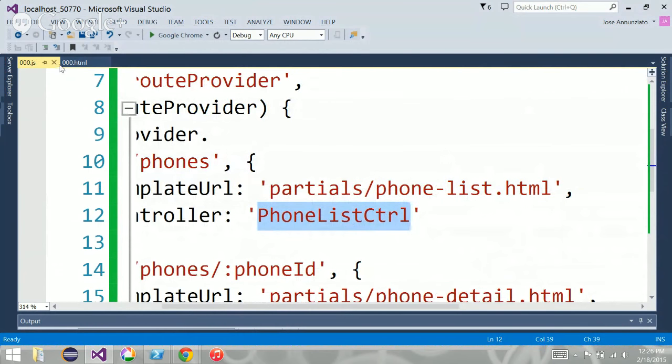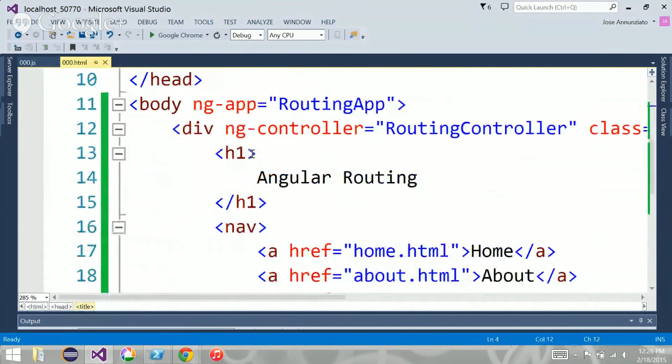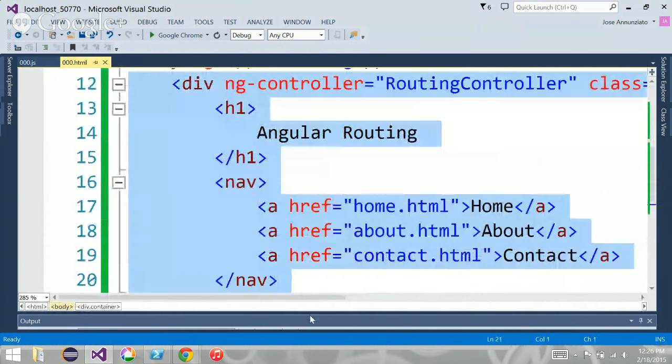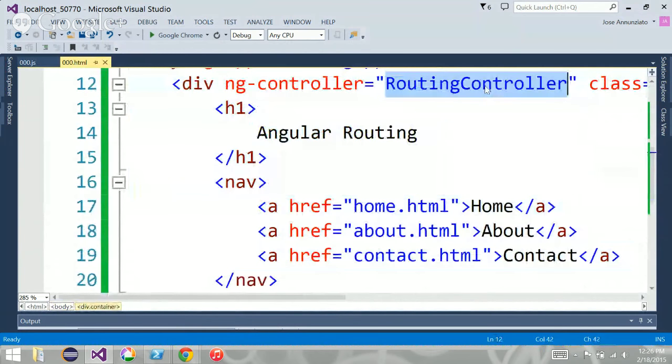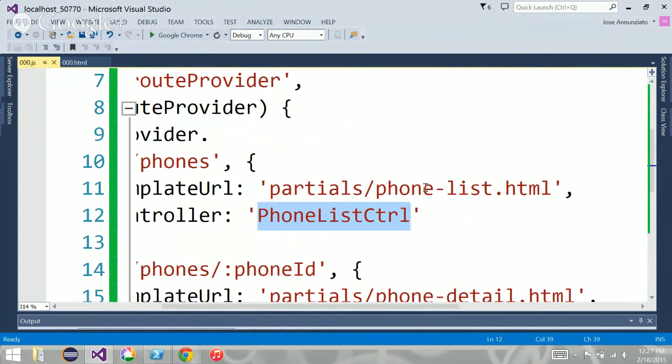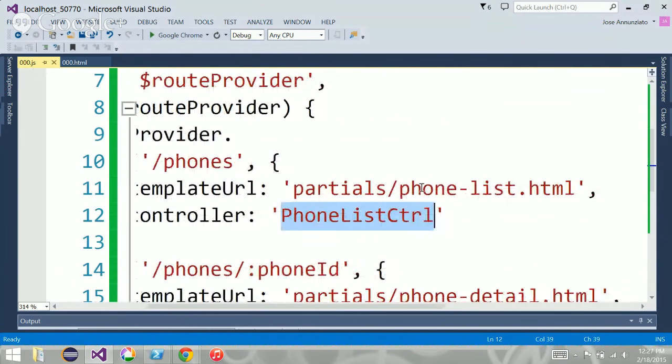Just like we declare in HTML that our little HTML piece is controlled by this controller, each individual page should be controlled by its own respective controller. So, for instance, the about page will be controlled by the about controller, and the contact page will be controlled by the contact controller, and so on and so forth. Everybody okay?